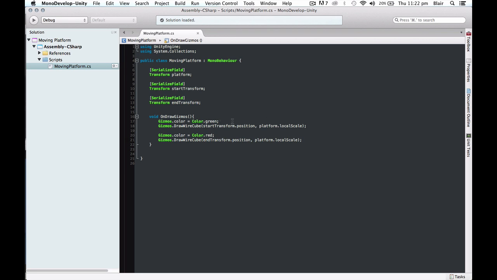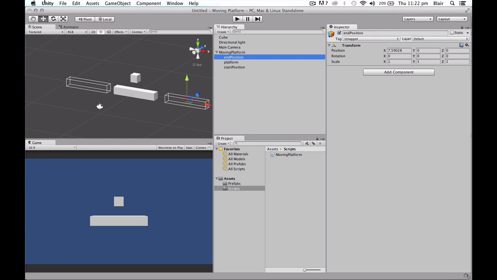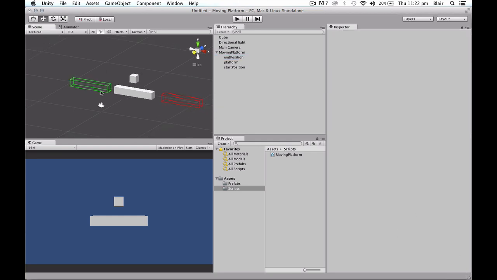So basically what happens here is the gizmo drawing color gets set to green and it draws the wire cube for our start position, and then the gizmo drawing color gets set to red and it draws the wire cube for our end position. So if we tab back to the editor now, you'll see they've now been drawn red and green, which is good, and now we can move on